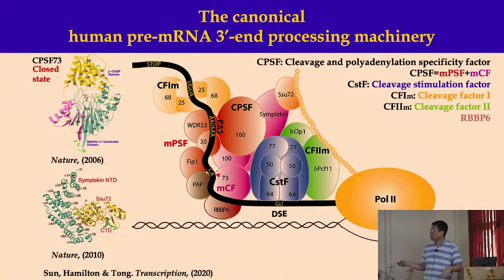And we did other structures along the way, again, divide and conquer, because something this big, there's no way you can do by crystallography. We're trying to do this by cryo-EM now. We have everything purified. We can see activity of the machinery. But when you put it on the cryo-EM grid and look at the structure, it's too dynamic, very flexible. So it's very difficult to study. We've been struggling with that for 5 years now. So maybe another 10 years we'll get there. Well, I'll retire by then anyway. Okay, but